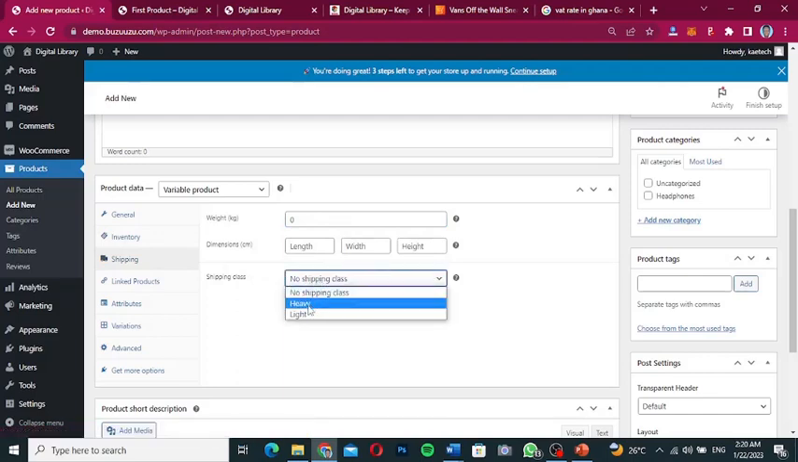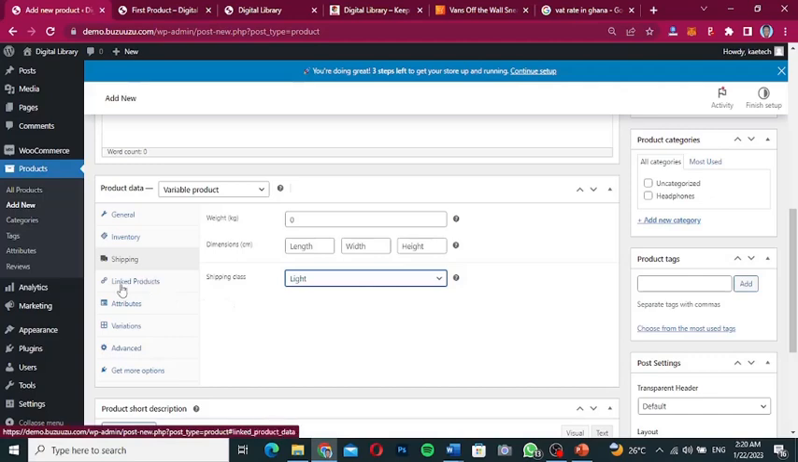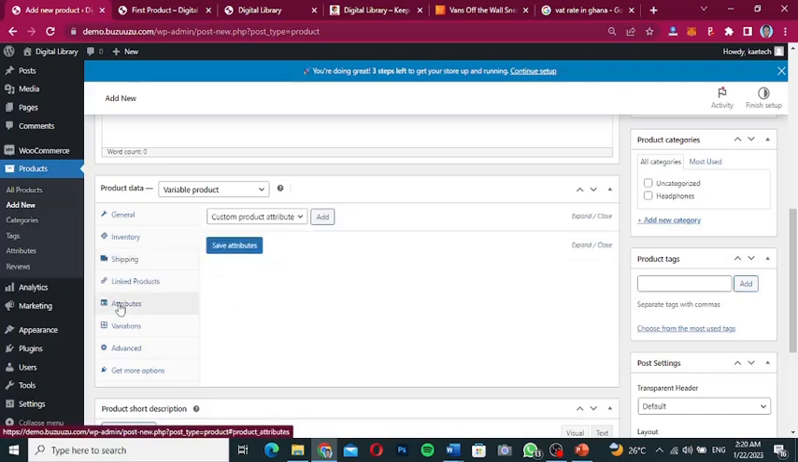We say it is also lightweight. Okay, so lightweight, and then product links, we're not going to do anything, but we go to attribute over here. Okay, now with attribute, we have to choose an attribute. Now because we don't have any attribute for it, just custom product attribute, and then we're going to click on